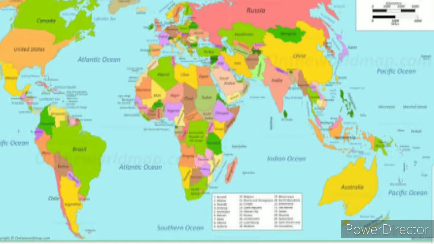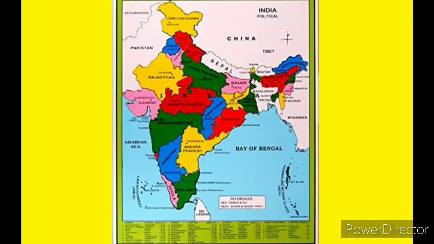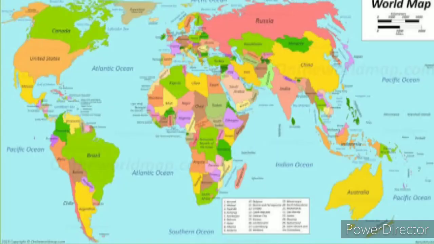Okay? Okay. In the map, you can find the keys in the corner of the map or a side of the map. Map keys tell you what the drawings are, what the map is about. And in the key, you find different symbols. Every symbol has some meaning and every symbol represents a different thing in the map, because we cannot find things in the map clearly. So with these symbols we can easily find out what they represent in the map.